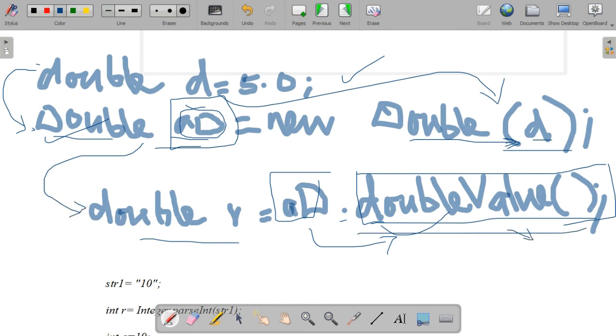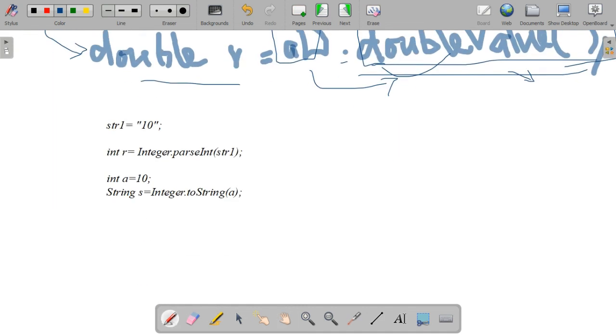So the next example, consider this is a string variable, str1 equal to double quotes, inside the double quotes 10. So we know this is a string. We need to convert this string into an integer. For that, what do we have to do? We have to declare an integer variable a equal to. Do you remember this statement? Integer dot parseInt of. In BufferedReader we use this statement.